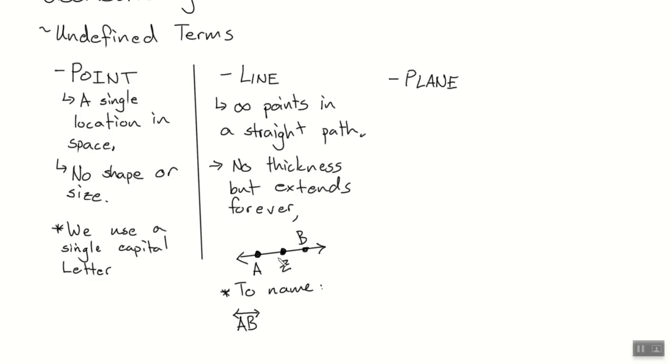AZB. AZ. Oh. 2 points is all it takes. Give me another one. ZB. Another one? There's none. BZ. BA. The order doesn't matter for a line. As long as you include any 2 points that are actually on that line, all infinitely many of them are included. Okay, there's one way to do it. 2 points. Never use 3.